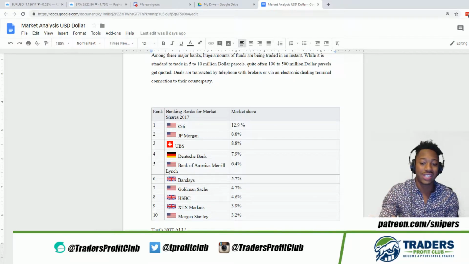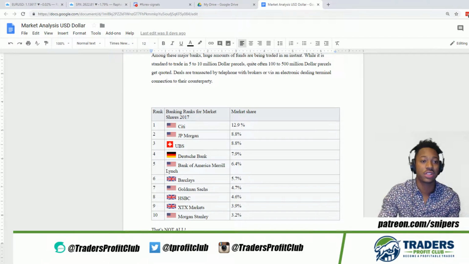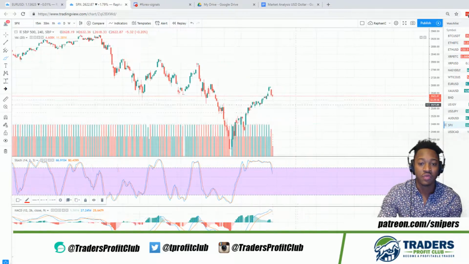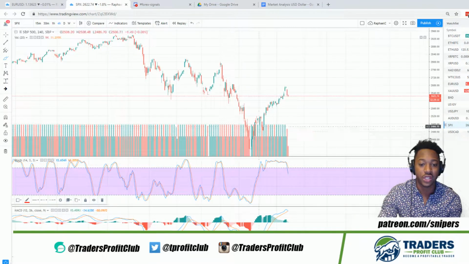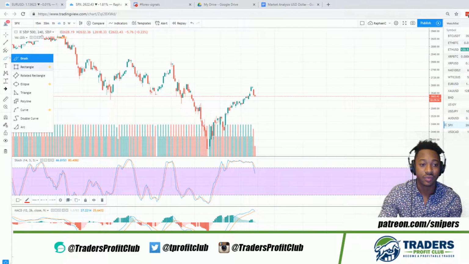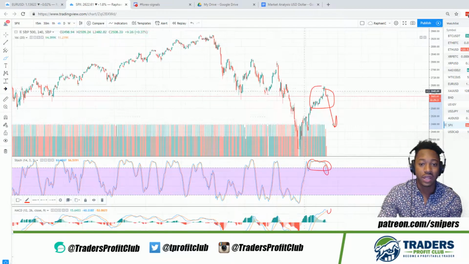So now that we understand more of the psychological and the fundamental aspects, let's go back into the charts and we'll map it out. As we can see here, we see overextended price. Price has been trending up. We see volume showing up here. We see a lot of bullish market momentum. After this upside, we see this is an overextended value of price. We see stochastics at the 80 area, which is overbought, which was consolidating in that area, trapping a lot of liquidity. And then what are we going to see? We're going to see a short to the downside. That's definitely going to be a nice run, right?